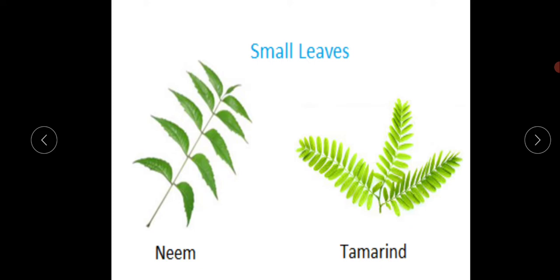And also look, the neem tree. If you see the neem tree here, the neem leaves are also very small. Look at the leaves, children. They are very small, right? The neem tree is called Bevina mara in Kannada. Just look at the leaf of the neem tree. You will come to know how small the leaves are. Okay.